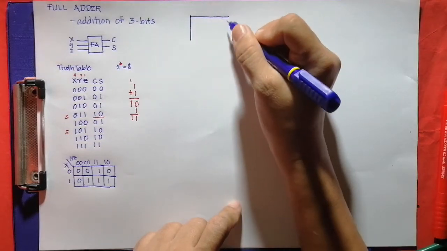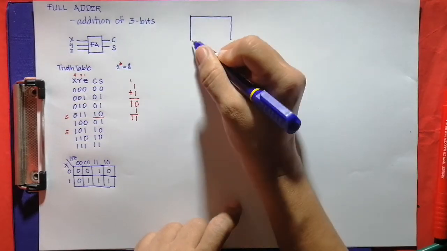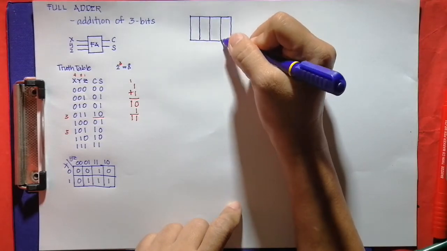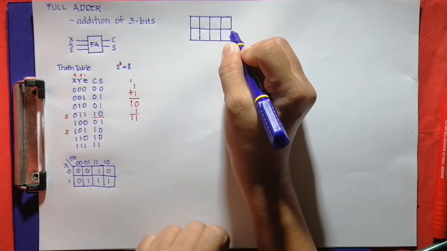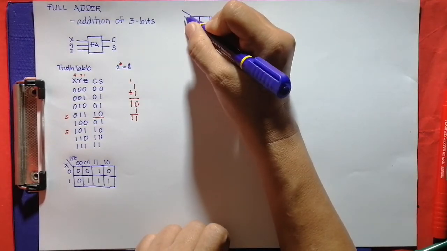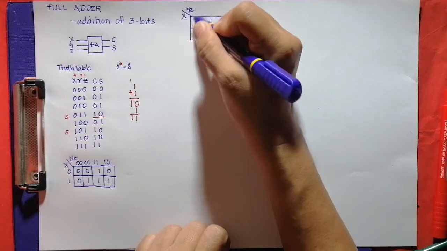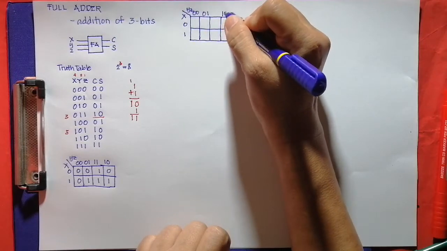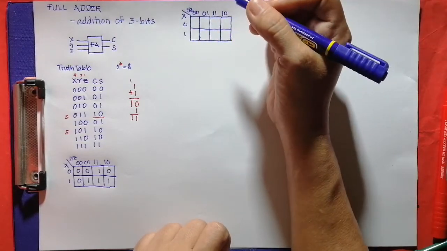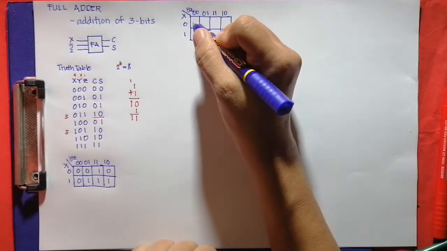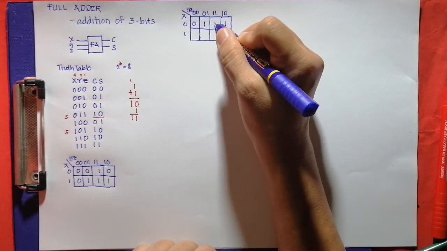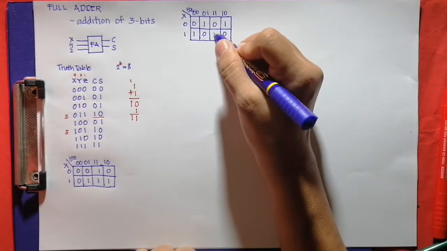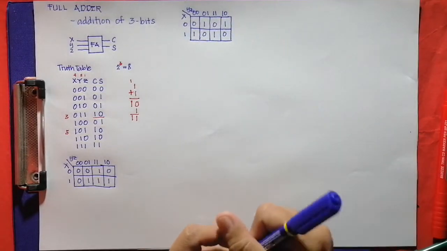So let's get the minterm later on. So for the S, we have here X again, Y, Z, 00, 01, 11, 10 in here. Then the values 0, 1, 1, 0, 0, 1, 1, 0, 1001, 1001. Okay, so let's get now the